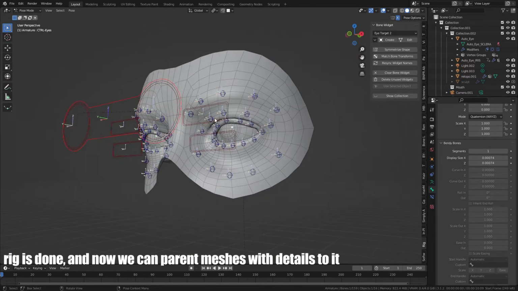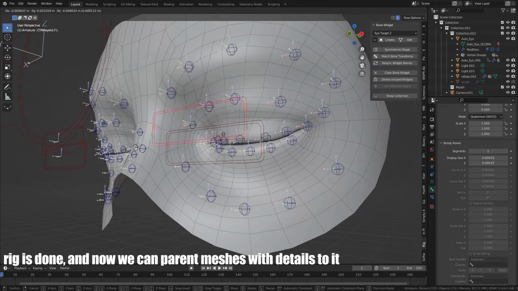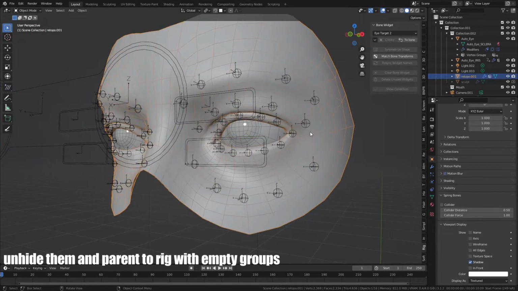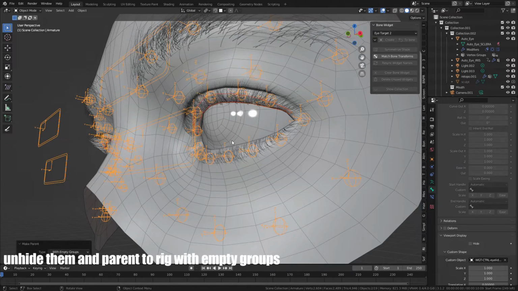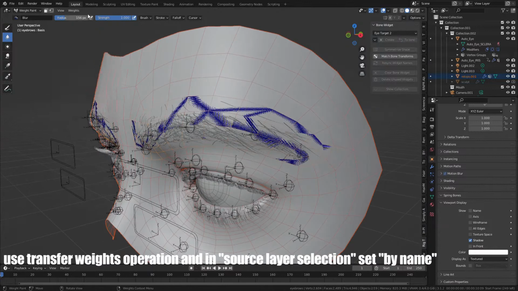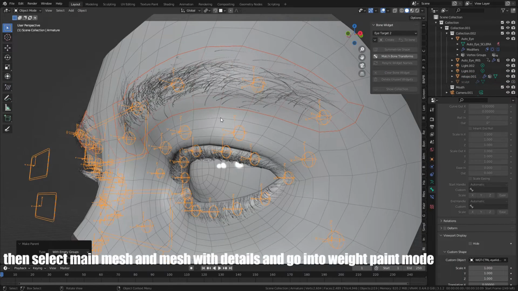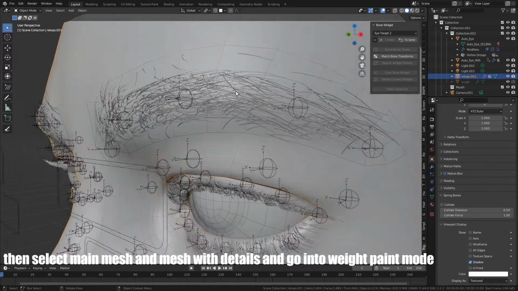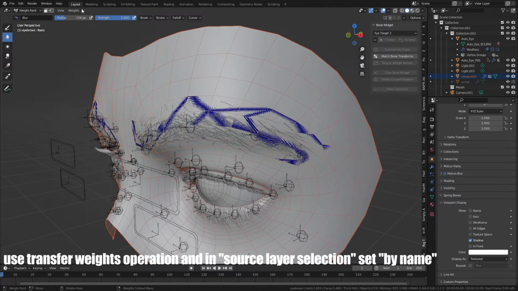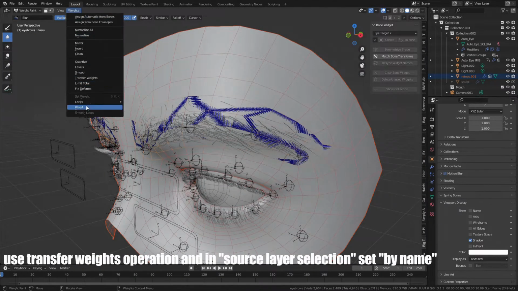Rig is done, and now we can parent meshes with details to it, and hide them and parent to rig with empty groups. Then select main mesh and mesh with details and go into weight paint mode. Use transfer weights operation, and in source layer selection set by name.